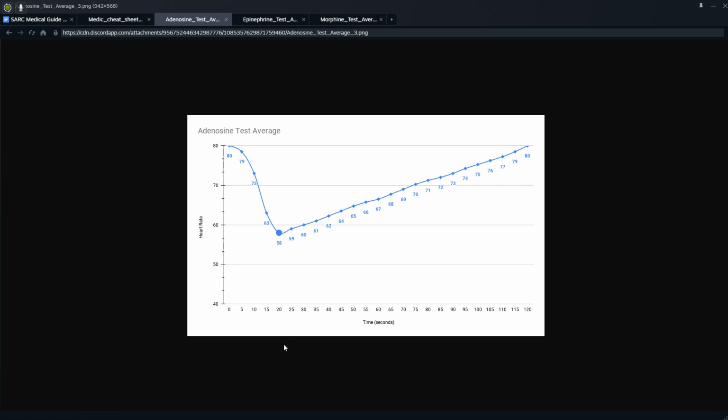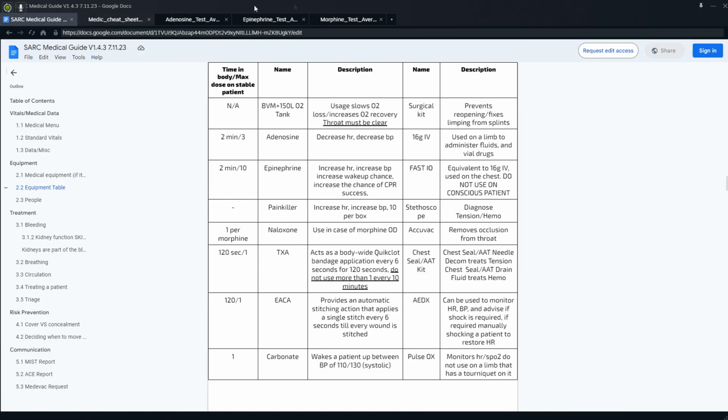a test we did in game, averaged out about 5 times. So starting heart rate, drug is injected. Over the course of 20 seconds, you drop down about 20 heart rate. And then over the course of the next 100 seconds, you climb back up to your starting heart rate there. So this is what the heart rate when plotted looks like with adenosine use. And that'll come into effect later when we talk about different drug cocktails that you can use to get different